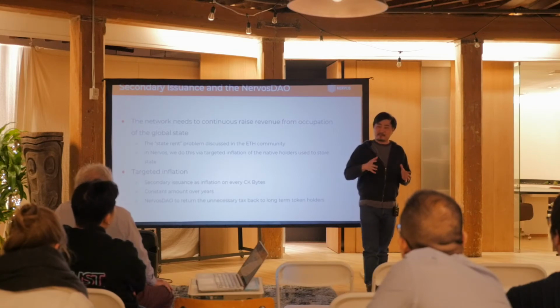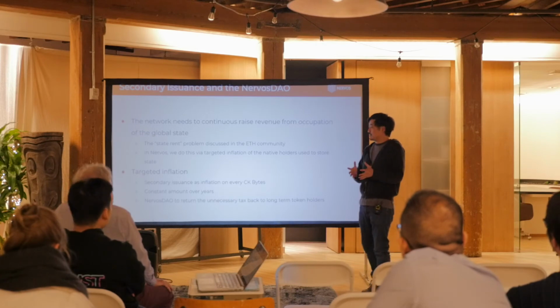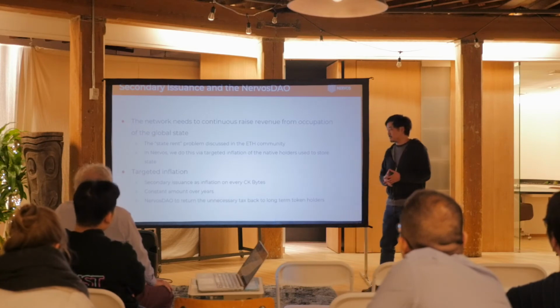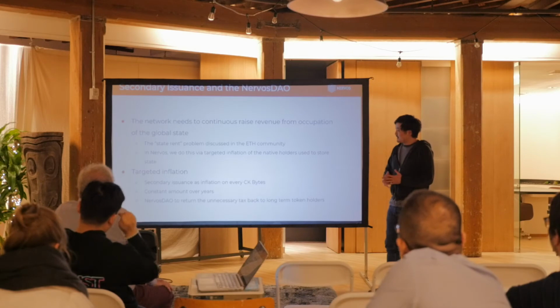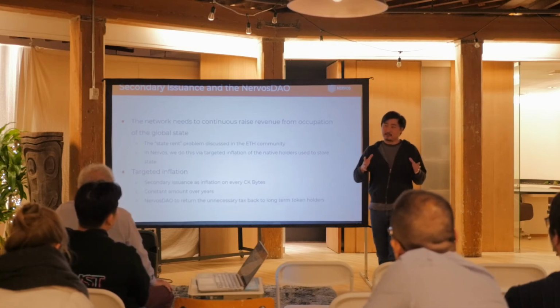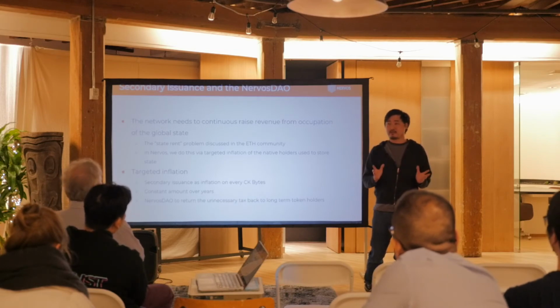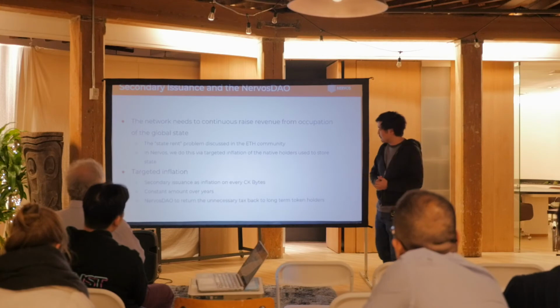People from economics, you want to collect money from people, tax or inflation. Inflation is infinitely easier to collect, right? So what you do is if you can target inflate the people that are using their capacity to store data, that'll be fantastic. But it's very difficult to do. So how do you do that? Well,